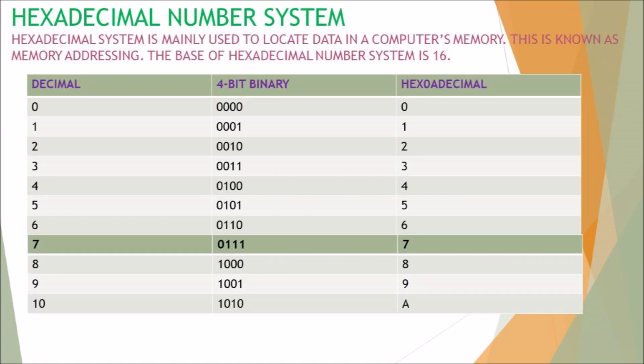And the last one is the hexadecimal number system. For the hexadecimal number system, the base value is 16. It has 16 numbers from 0 to 15. For 0 to 9, it is the same as the decimal number system, whereas after 9, from 10 to 15, it is represented by the alphabets A to F. You can see in the table, from 0 to 9 it is the same as decimal. For 10 they have given the alphabet A, and likewise it goes on till F. For 15, the hexadecimal representation is F.